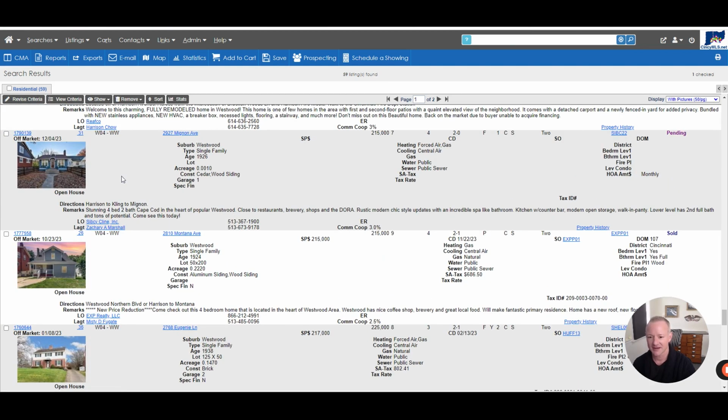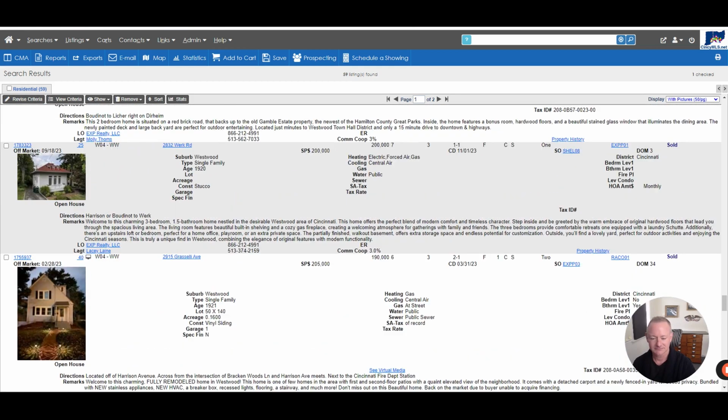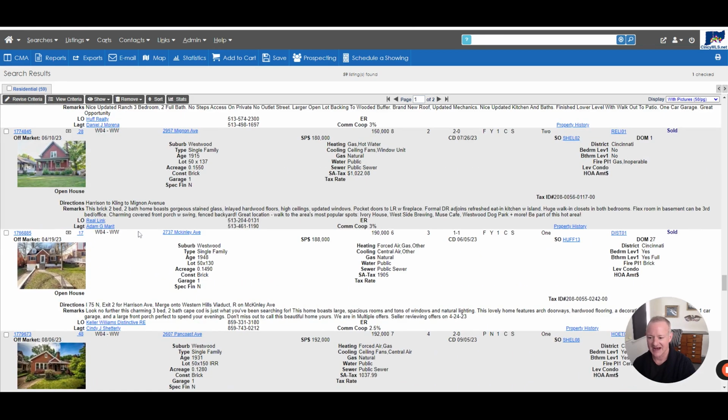It's a 4-bed. And you've got this one on Minion. That's, again, a 4-bed. So you can see they go down. Here's another one on McKinley for 188. It's important, because if I'm going to sell this to an investor and they pull up and say, well, here's one on McKinley that's sold for 188,